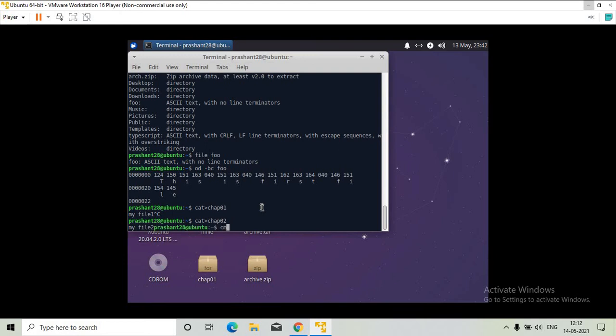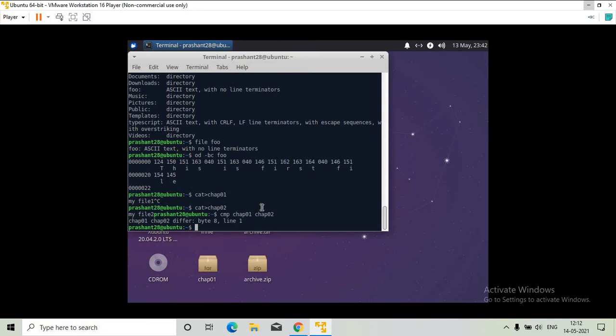You can compare the two different files 01 and 02. We can say that there is a certain difference here. If these two files are the same, then we will not get any message.